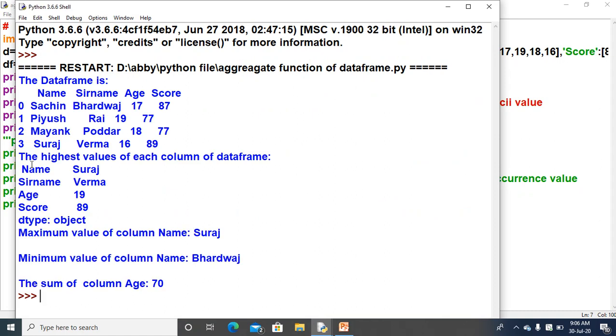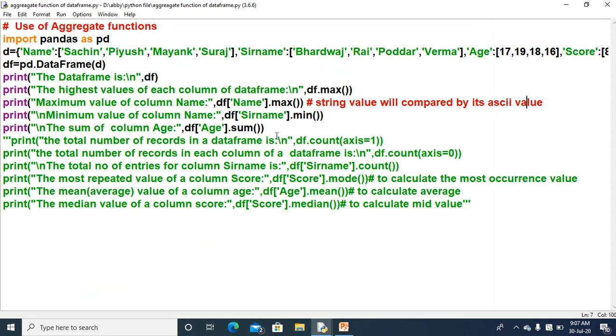First of all, the surname minimum value of column name. This is the surname, meaning the minimum value for the surname is Bhardwaj. As you can see, the lowest ASCII value under this name will be Bhardwaj. And the sum of the column age, meaning the sum function we have used for the column age. So all the ages 17, 19, 18, 16 are added together, and it has returned the result as 70. Okay, so in the same way, count we will use, how the count will work, and then after that we will use the